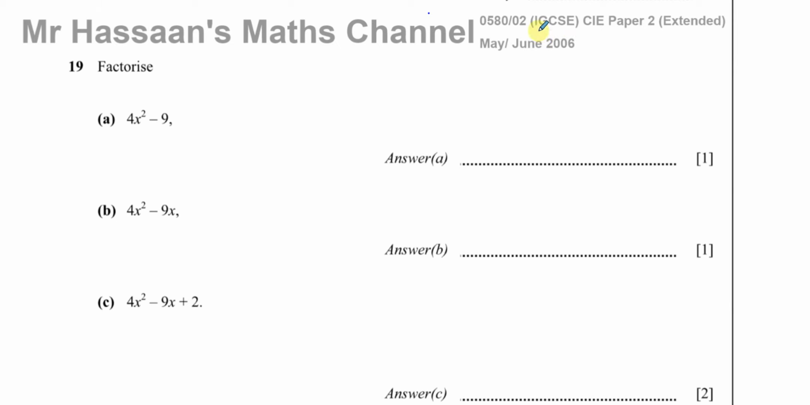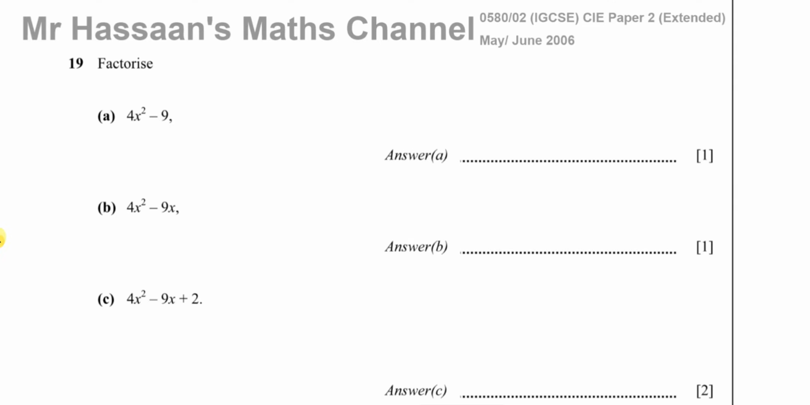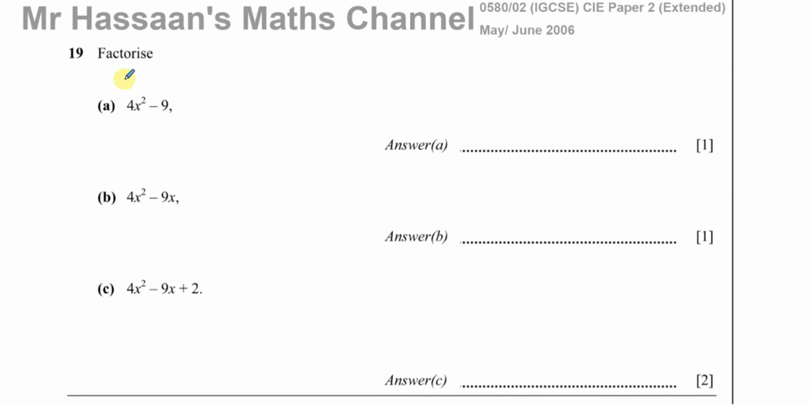Question number 19 from the May-June 2006 IGCSE Cambridge Paper 2 from the 0580 syllabus. This is an extended paper, a very old paper. But this question is quite useful in explaining some different types of factorizing, which is my objective in this video. In part A, we have to factorize 4x squared